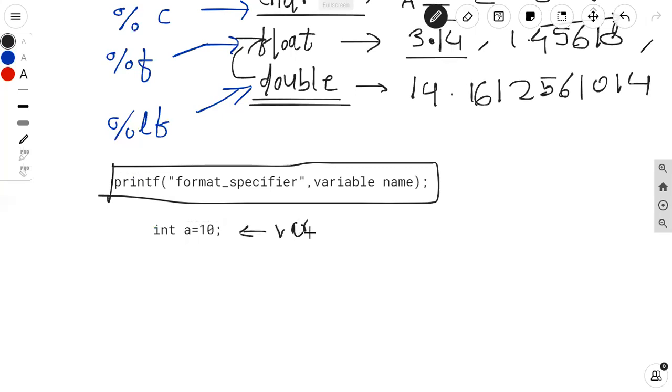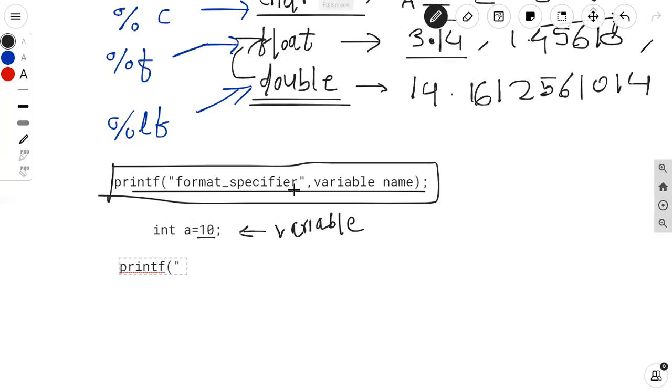Okay, now suppose I want to display this 10 value on the screen, then how can I use this printf statement? So we have the syntax like this. Firstly you have to use the printf function name, then rounded bracket, parenthesis, then you can use the format specifier.